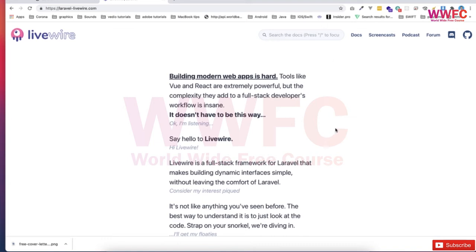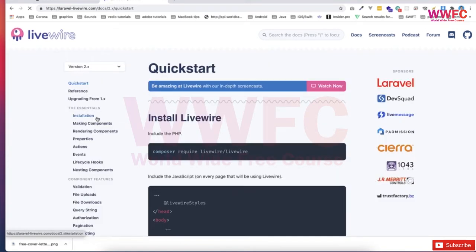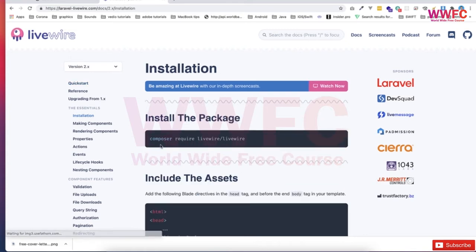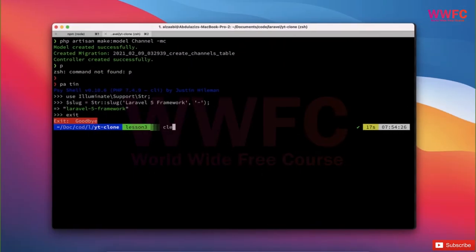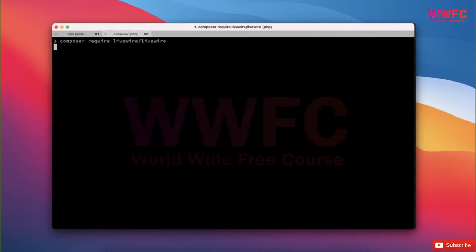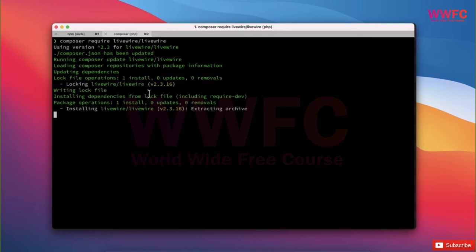You can go to the documentation, of course, but in our case, we'll go to the docs and then start installing it. For the installation, we are going to use composer require livewire/livewire. We'll go to our terminal and install it. So once that is installed,